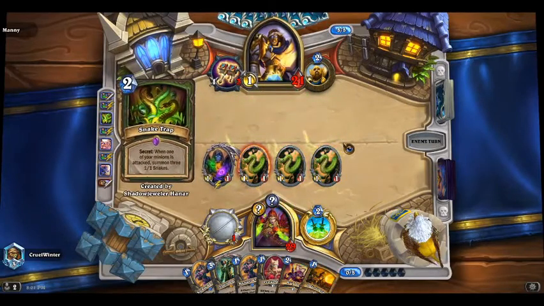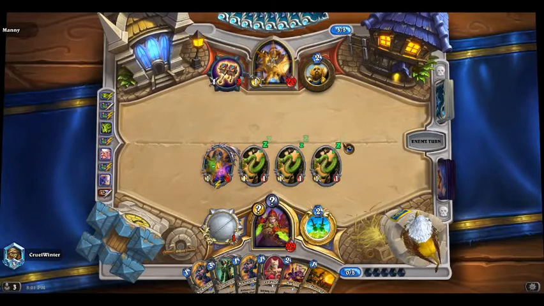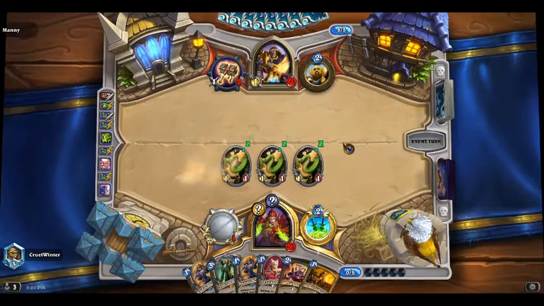There are some turns when Hanar just goes off and they just can't deal with it, so it's probably smarter that he's dealing with it. I kind of wish he dealt with it last turn. But...